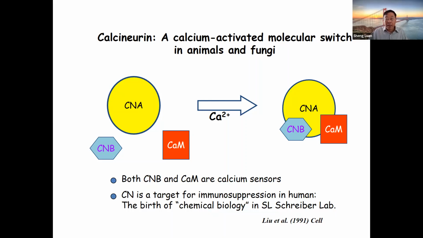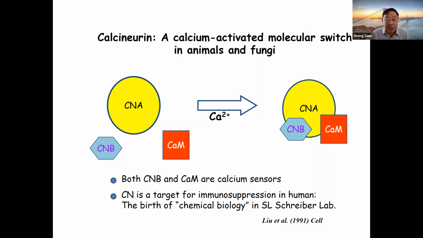Okay, so without calcium, this enzyme is pretty much low activity or inactive. In response to calcium, the trimeric enzyme complex forms and becomes active and starts to regulate different processes by dephosphorylating proteins, right? The phosphatases dephosphorylate proteins. So this is how typically calcium sensing or calcium decoding, the first step, really works, right?